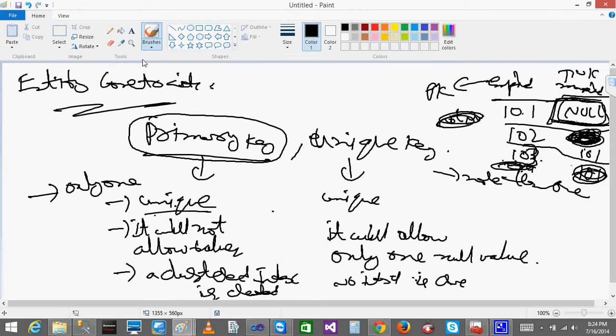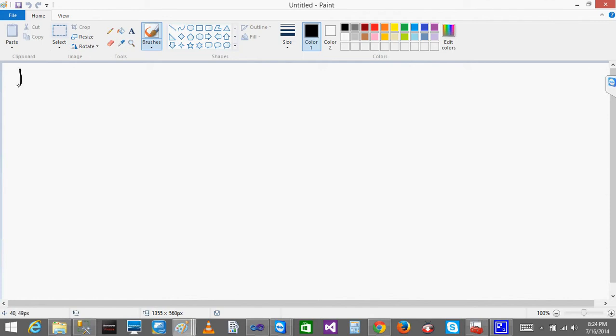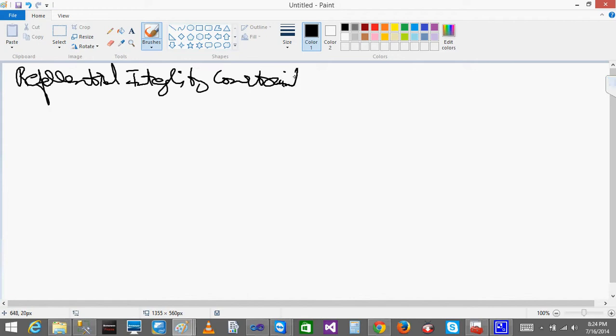This is about the entity constraints. We have one more constraint called referential integrity constraint. So we have a table called company.